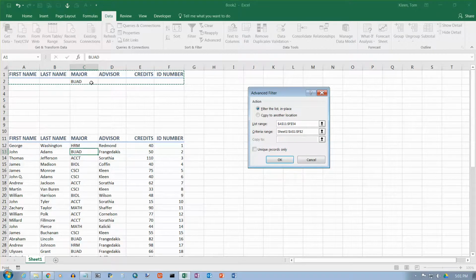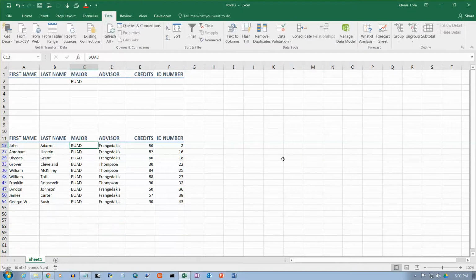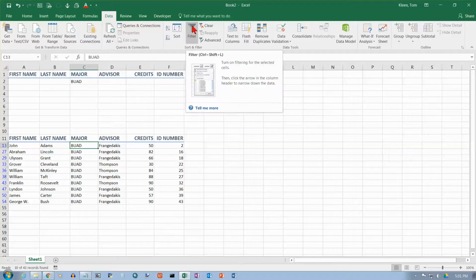So I'm really saying the only thing I care about is there BUAD in the major column, and I don't care what first name or last name or advisor credits or ID number is. And let's click on OK, and what it does is it applies the filter to the data down here, and it's a lot like the auto filter, this little funnel button up here,